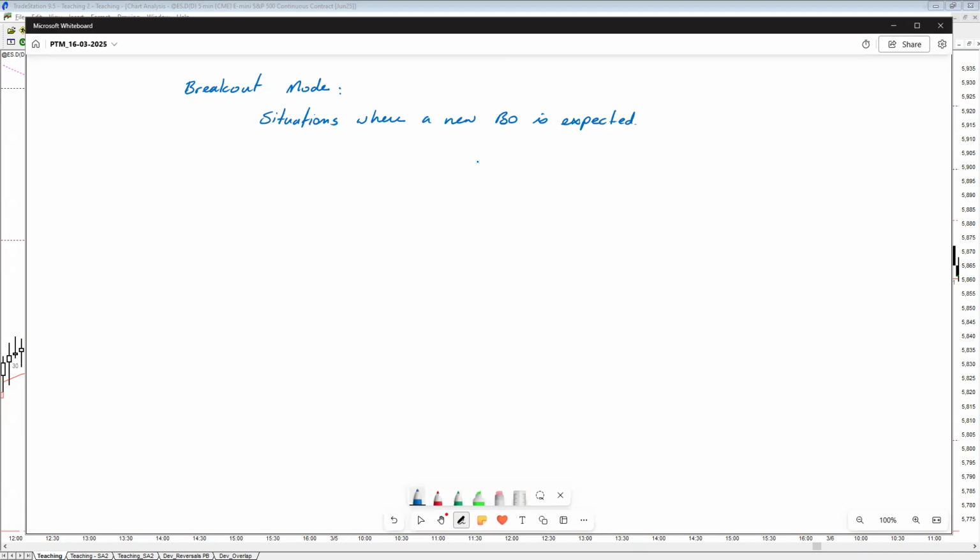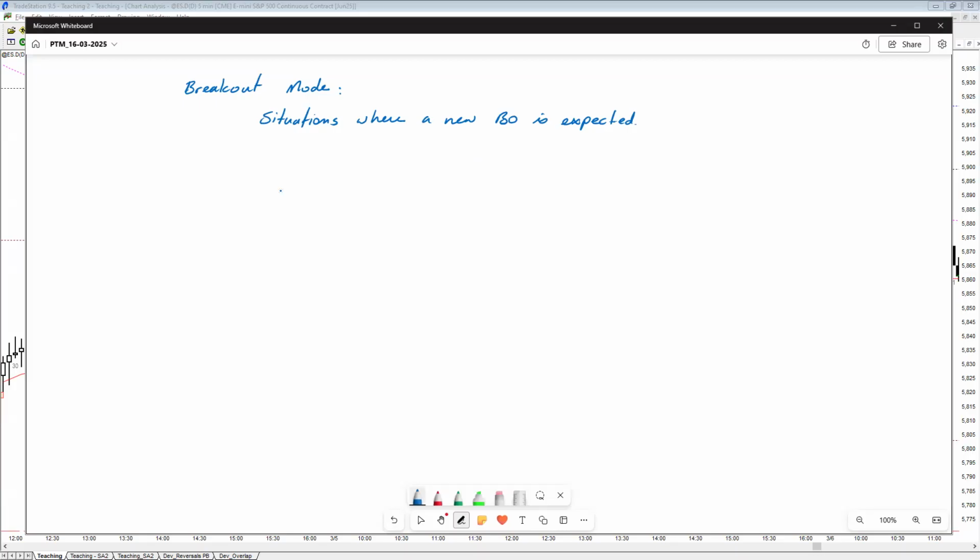Usually when I ask the question, okay, what do you think? People say a triangle or a trading range, and those are correct. But that's not the entire thing. Those are obviously two of the situations where a breakout is expected because the market's not,